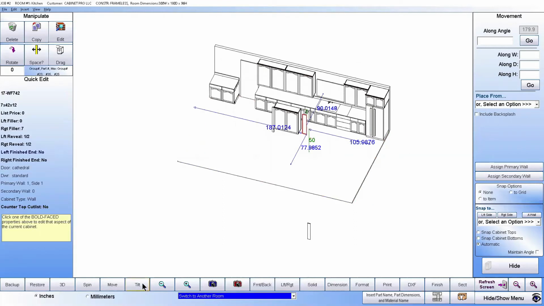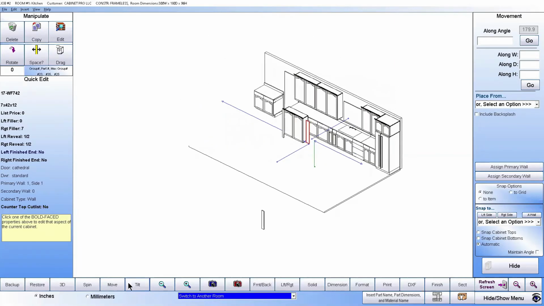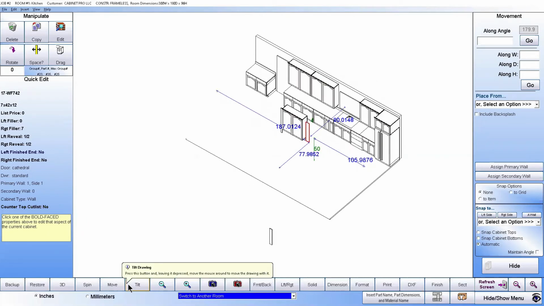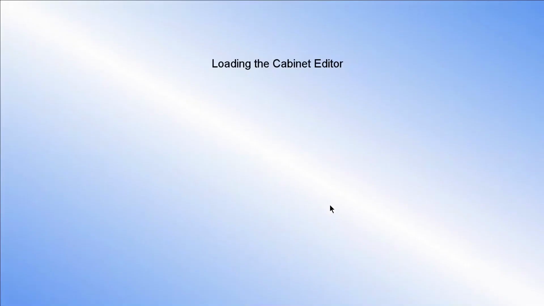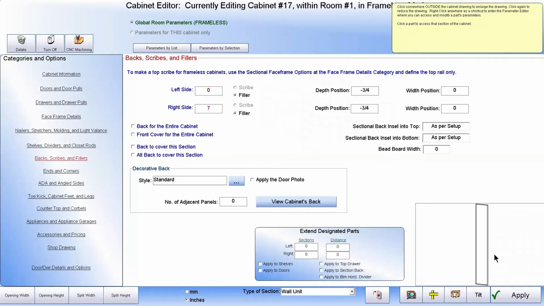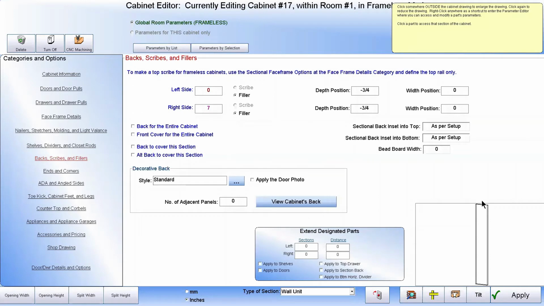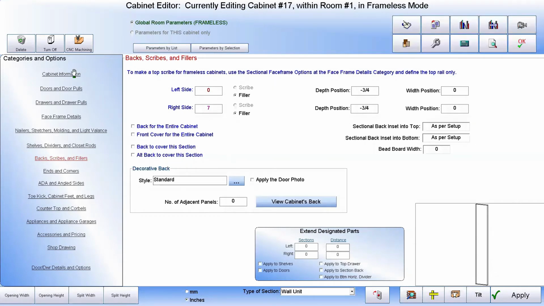Notice I use the tilt button, and the way you use the tilt button is clicking it down, leaving it down, and moving the floor plan around with your mouse clicked down. So if I click on that particular filler, which is basically a cabinet, edit that cabinet. Now we're going to go into the cabinet editor. And at this particular point, we can adjust the size of this